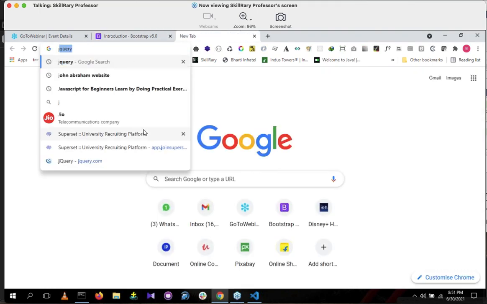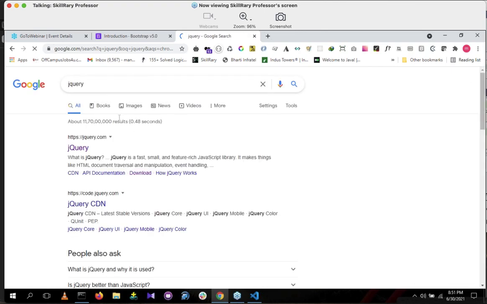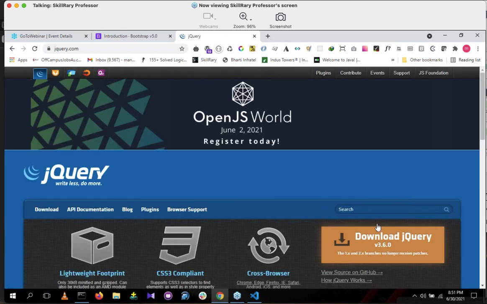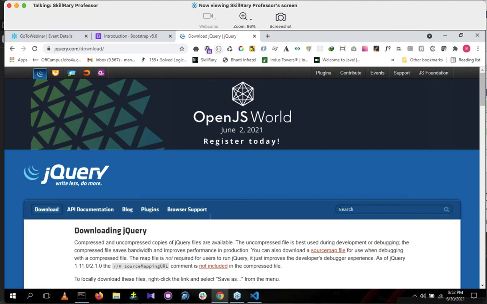Go to this website, Venkatesh Kumar. jQuery, go to this website. Search jQuery here. Click the website called jQuery. After going inside this website, click this download button. Are you listening, Venkatesh Kumar? Yes, click the download button. After clicking this, it will redirect to this page. You are getting this page, huh?